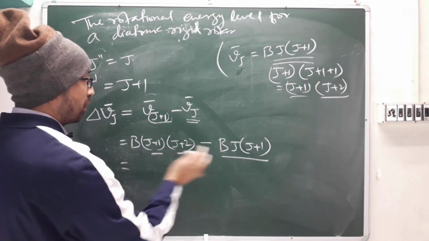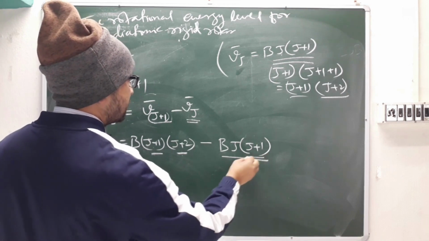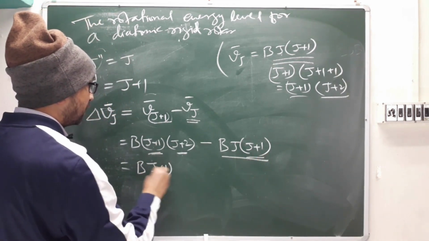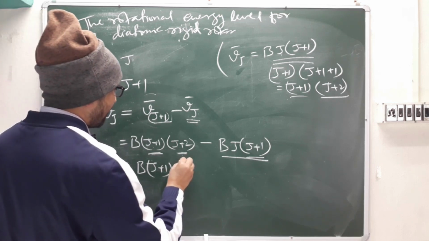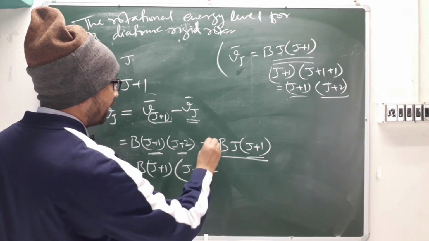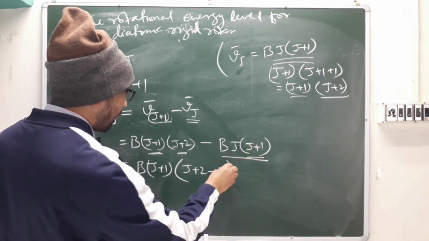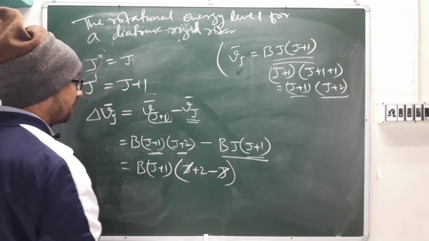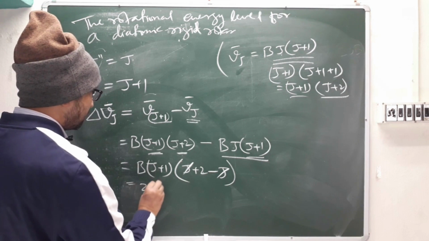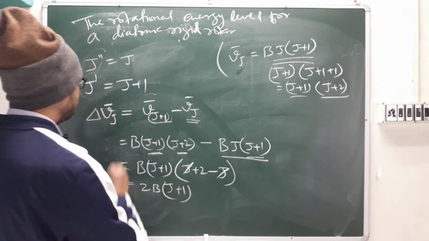Correct? So now we have to take some common values. The common value is J plus 1, here also J plus 1. So B times (J plus 1) will be common, and then on this side it will be J plus 2 minus this J. The minus and plus cancel out, and then this 2 will come here. So 2B (J plus 1) is your